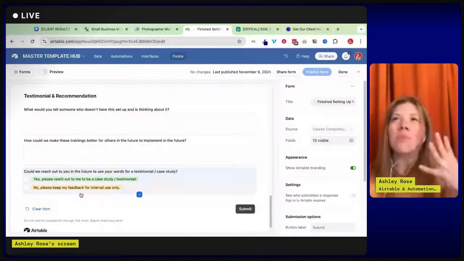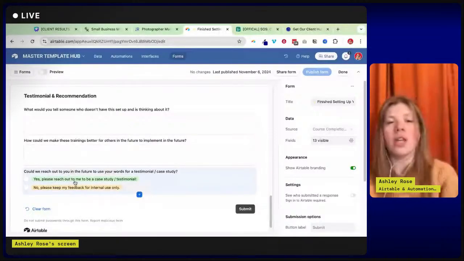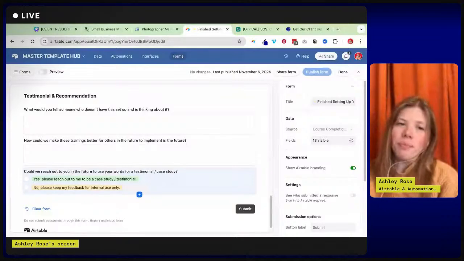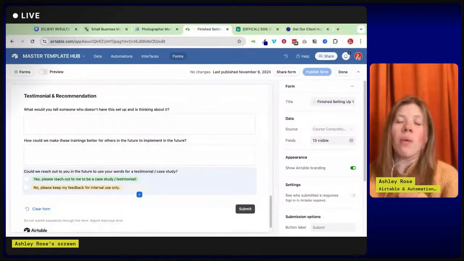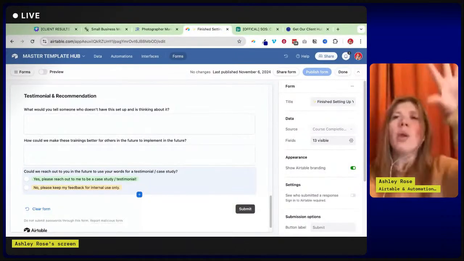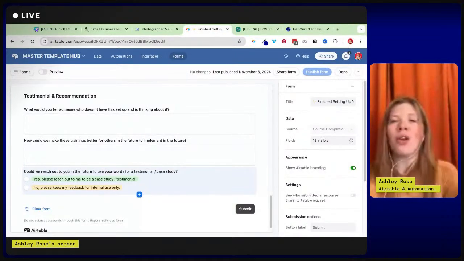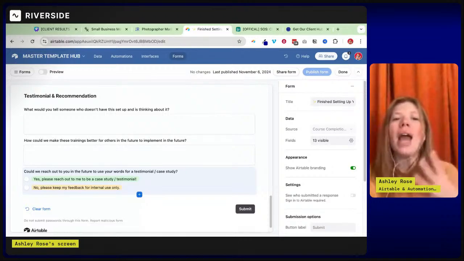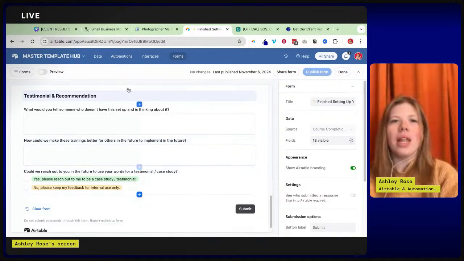So we really just make this form, feel free to steal this, as simple as possible for us to view what we need to see and then also reach out to those people if we're like, yes, we need more case studies. We have a list of all of the people that have ever gone through and submitted their form, so we can easily reach out to them. And then if I go back to my interfaces,